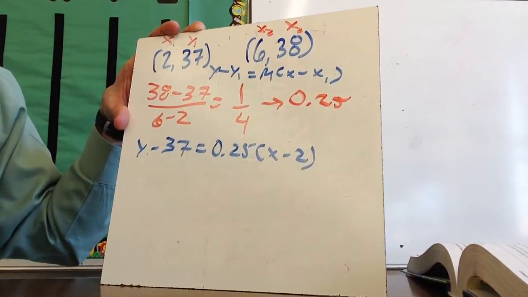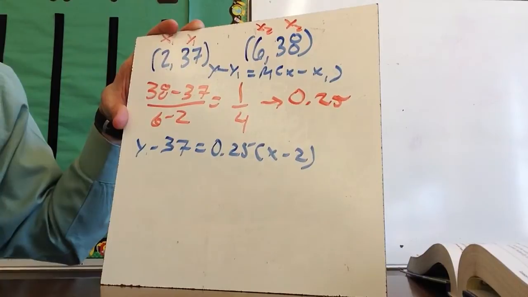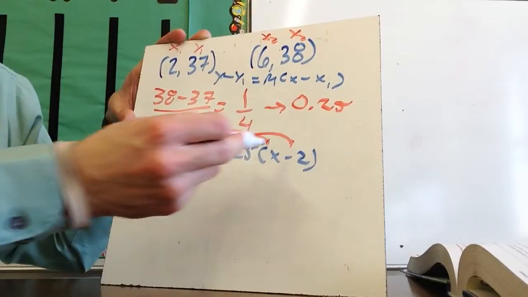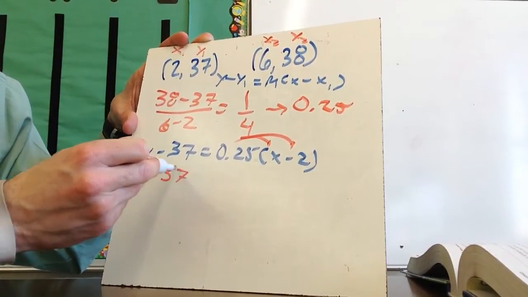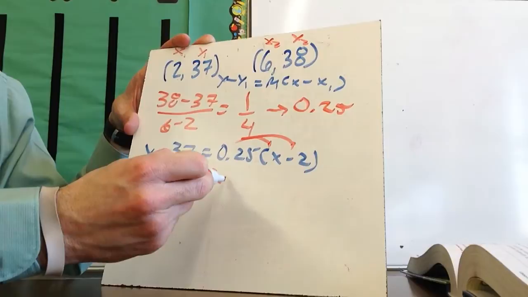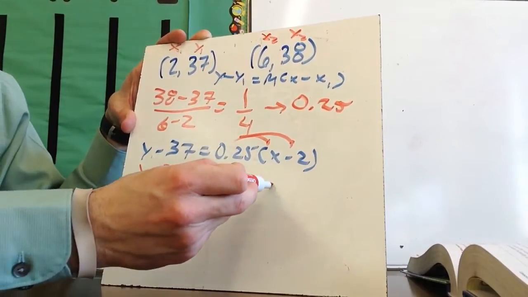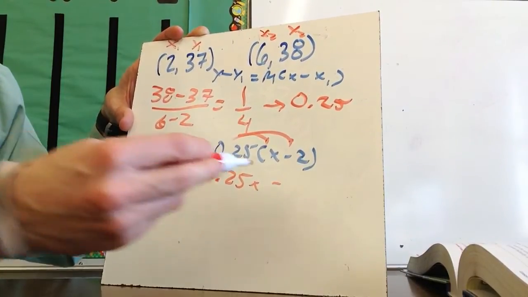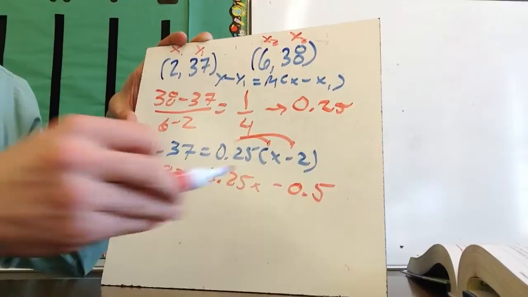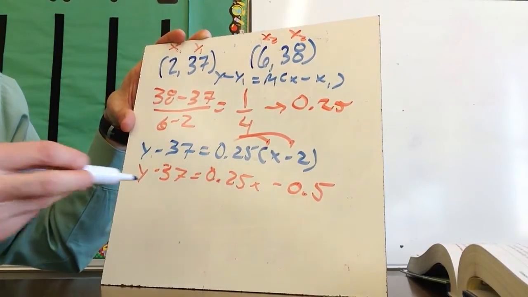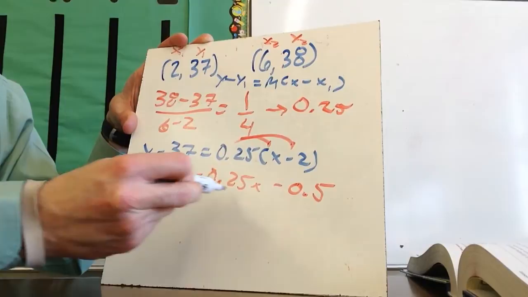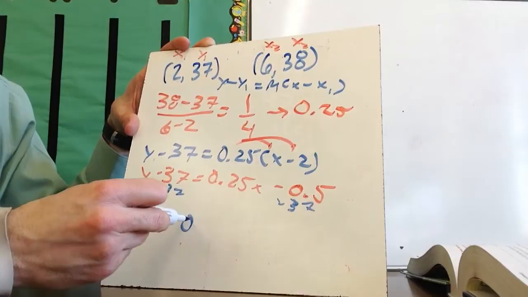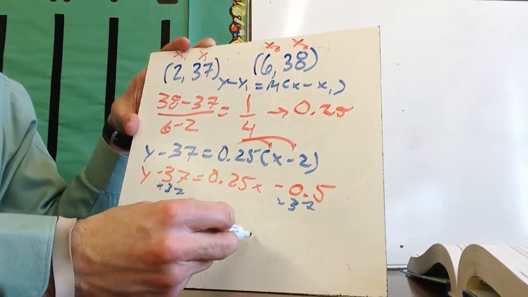Right? And then from here, I'm going to end up trying to get it so it's y equals mx plus b. So I need to distribute. So this becomes y minus 37 equals 0.25x minus, now I'm going 2 times 0.25, right? And so this is 0.5. And then I want to get y by itself, so I'm going to add 37 to both sides. And so this becomes y equals 0.25x plus